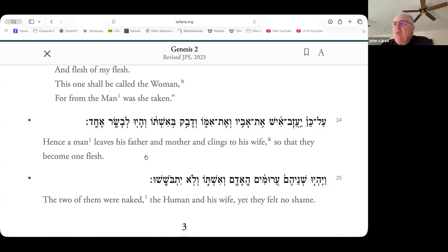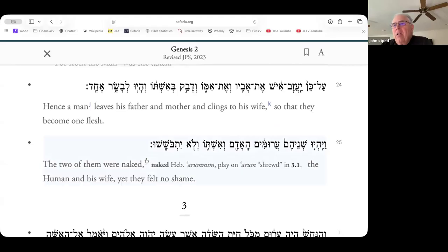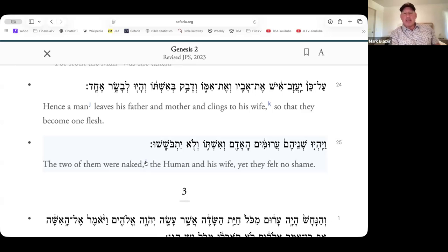One second, Rabbi. If you go to 25 and click on, yeah. I guess it's L. The word is arum, which means naked. Is it a play on shrewd? Yeah, because the word naked isn't used a lot, but it is the word we use. They're saying it could be a play on the word shrewd in the sense that they were